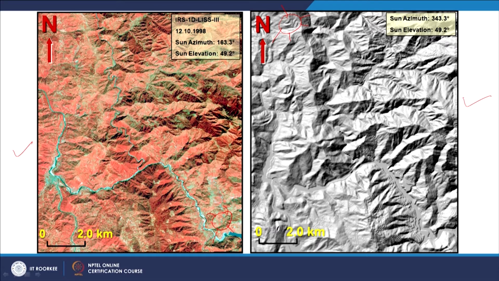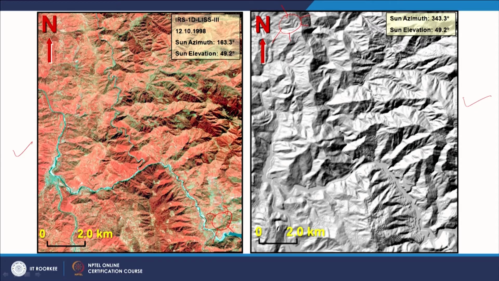That is why I have used the word simulated for the terrain. It is now illuminated from the northwest direction rather than the southeast direction, as happens in polar orbiting or sun synchronous satellites, which we mentioned earlier.